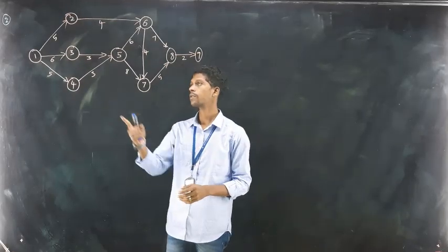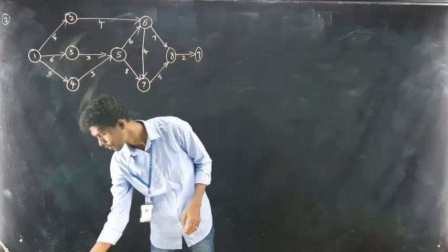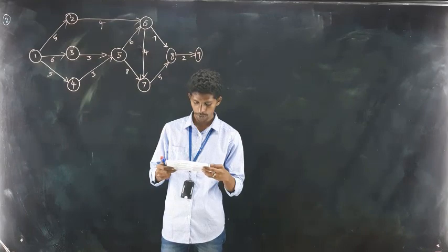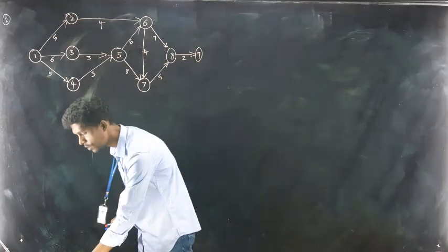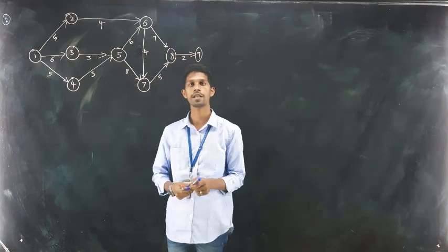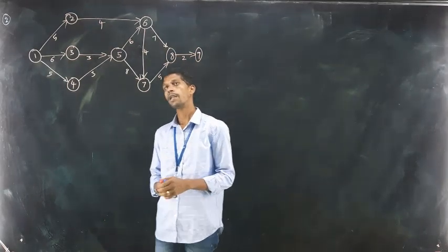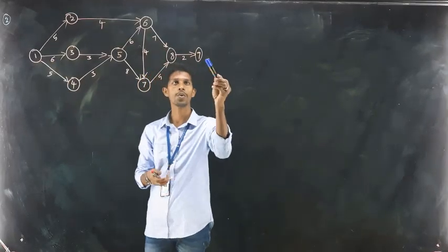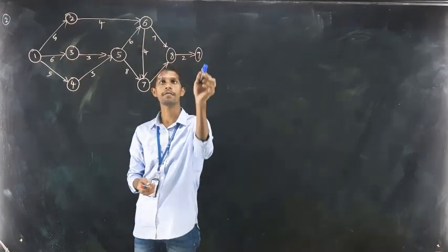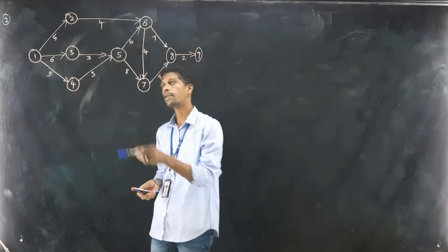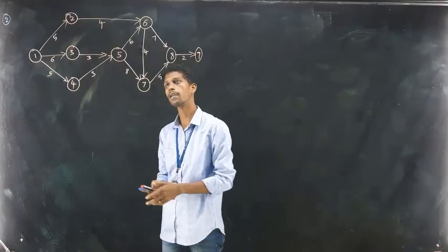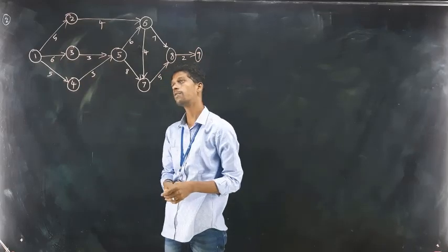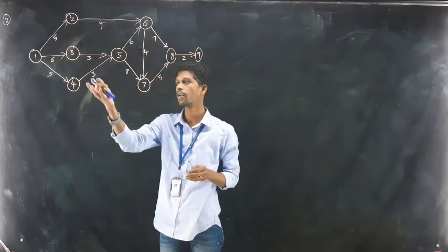Hello students. This is the second example. This is one of the problems given in previous papers, in 2017. In this problem you have to calculate the critical path for the following network. The activities are given from 1 to 9, so 9 activities are given in the network. The duration for each activity is also given, and the activity precedence, that is, which one follows which, is also given.